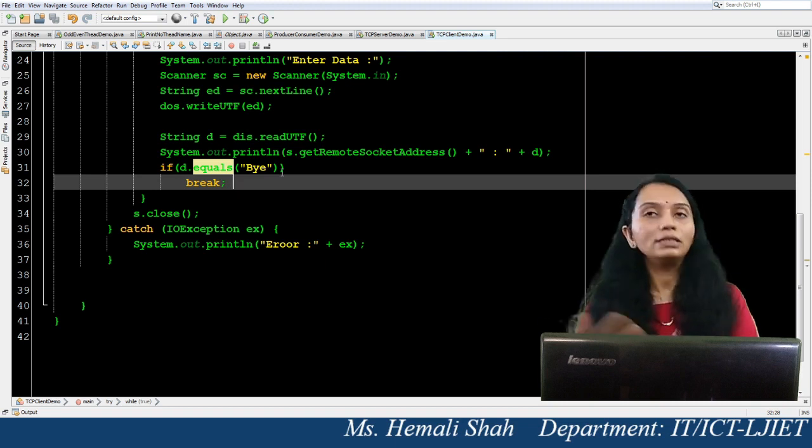This you can make by using multi-threading. So use the concept of multi-threading in this program and build the application that provides chatting between multiple users. So this is all about the socket programming concept.